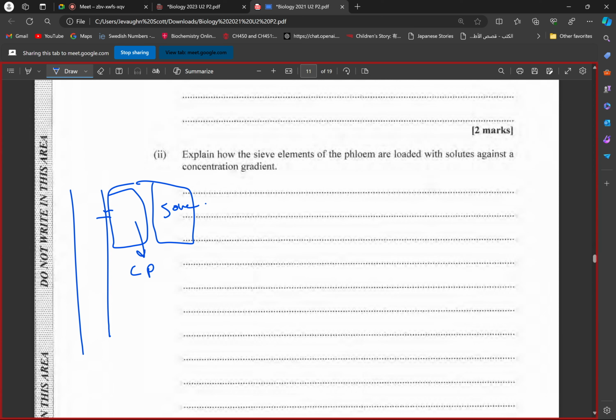So now the cell will have to switch to active transport, whereby it moves ions against the concentration gradient. So we'll have ions moving from the source, which will now have a lower concentration of the assimilate, into the companion cell with a higher